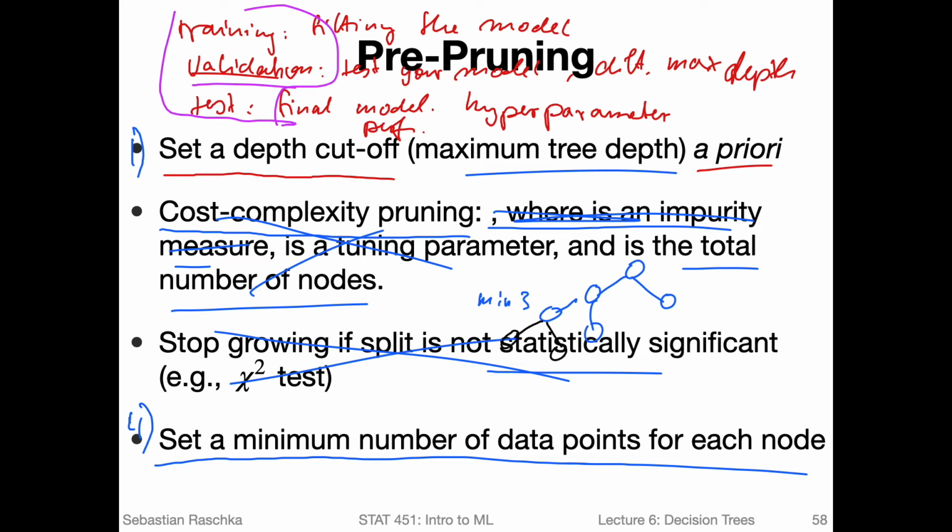So there could be a node where there's a 1 and 0 and another 0, and if you have a minimum of 3, this would not be given, and here also not, so this split would actually not happen in this case. Whether or not it performs better is a question that we have to ask by evaluating it on the validation set.